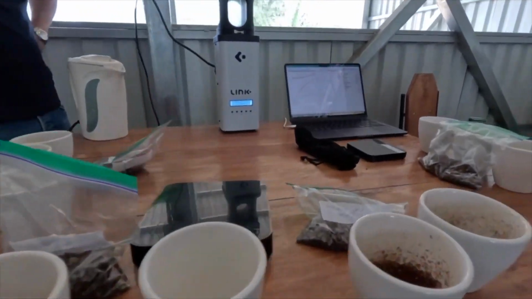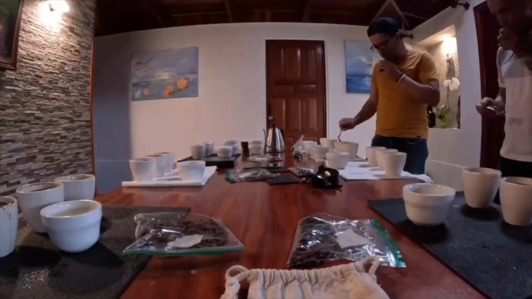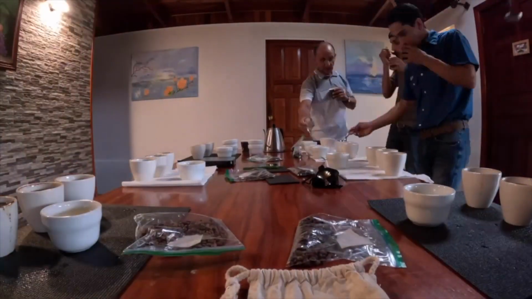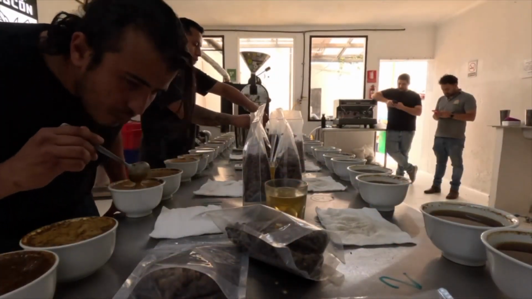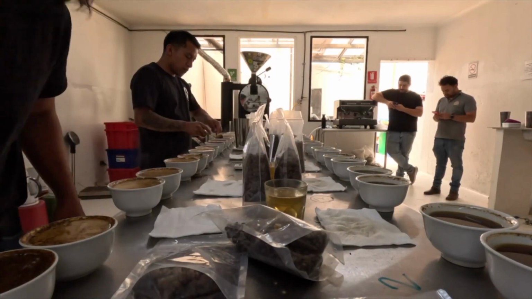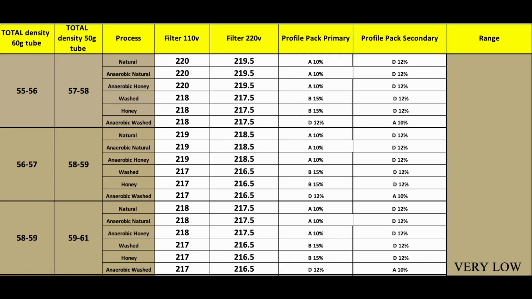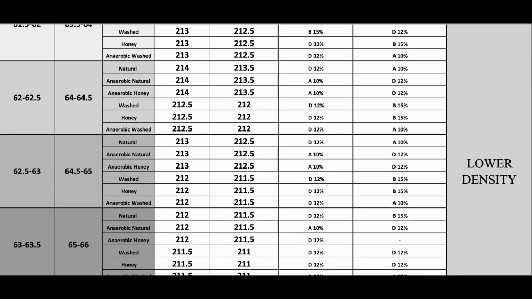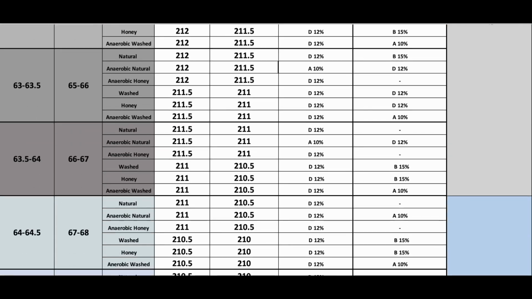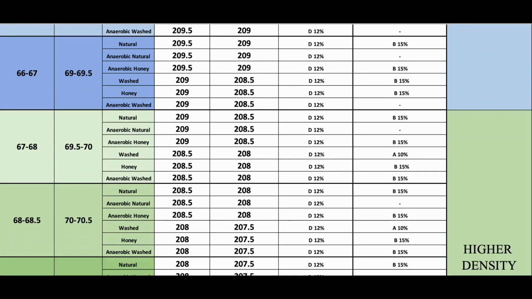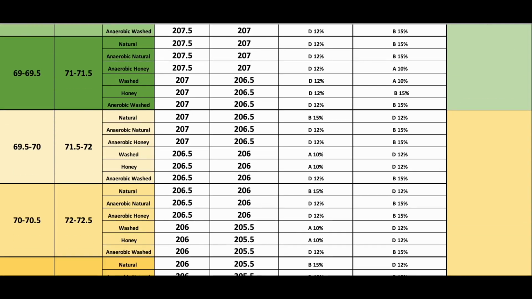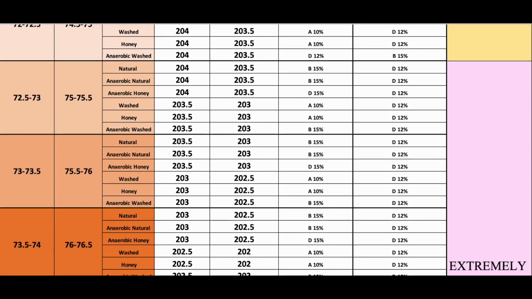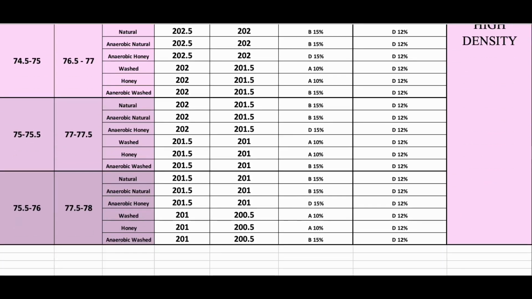Lync's globally based beta testing community has done wonders in providing Sam and Jerome with loads of very useful data regarding taste, performance, and selection preferences. This data has been used to better understand which profile packs suit a coffee process and density range. By correlating this feedback and combining it with our own data, we have been able to enhance the suggestion algorithm for the cupping space to make even more consideration in the solution recommendation process. We are excited to now be able to allow the user's data inputs more power to also be used to recommend the most suitable profile pack styles for the cupping samples you wish to prepare.